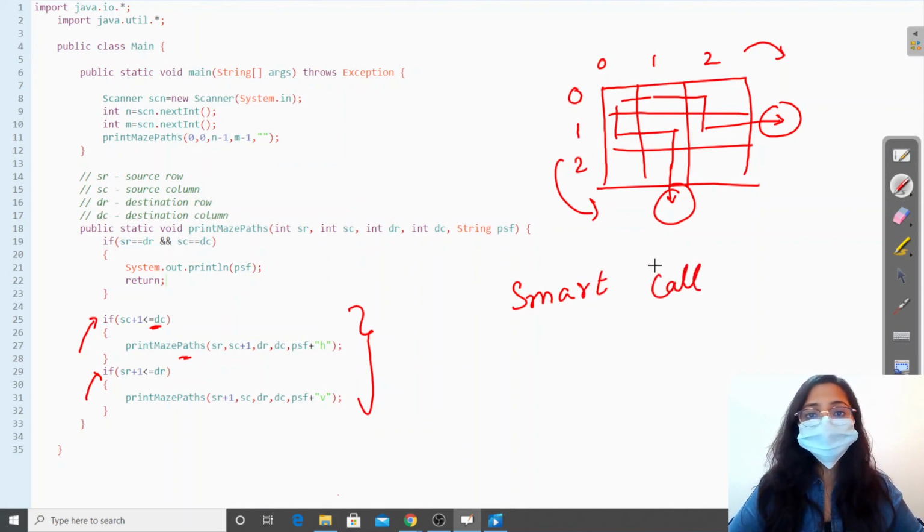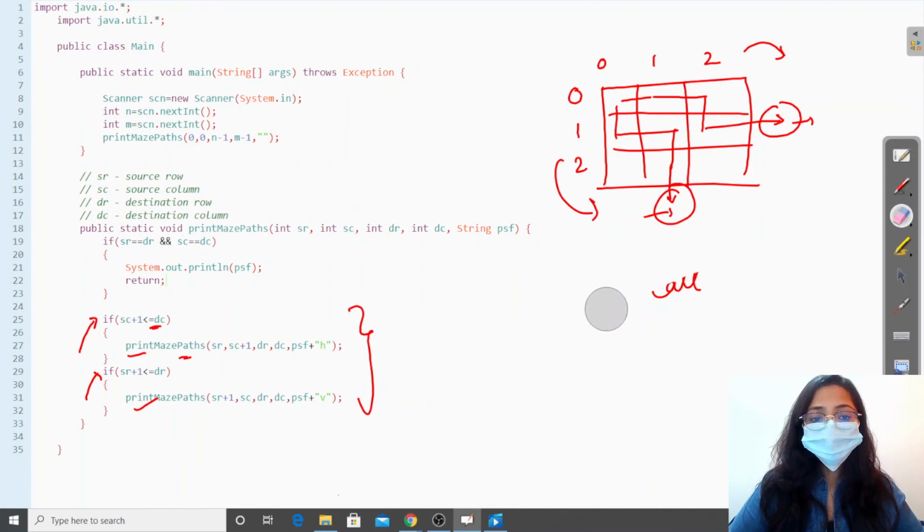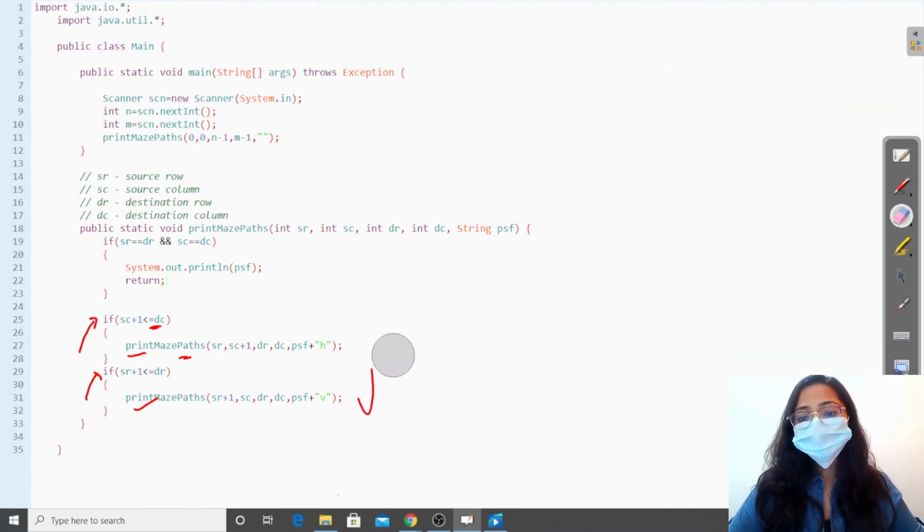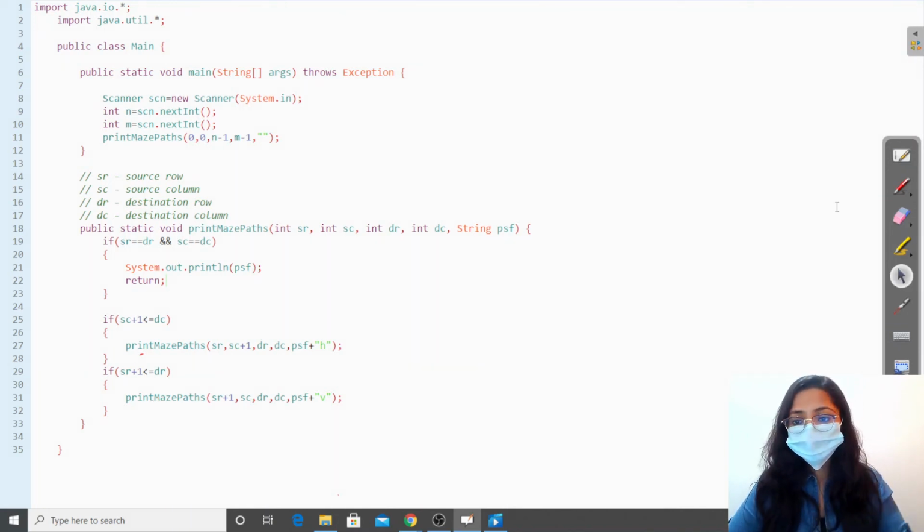Another approach which could have been taken was to simply make a normal call, and I would have created a base case to check whether I have exceeded the array through the column and the row or not, right? And if I had exceeded them, I'd simply return. So you can take any approach out of these two. What's more important is to understand what the question wants us to do. So now let us try to implement it.